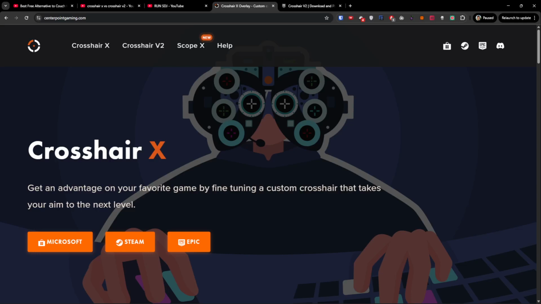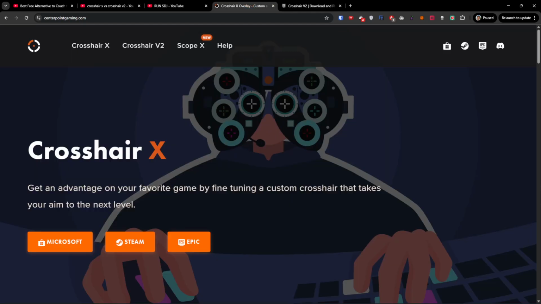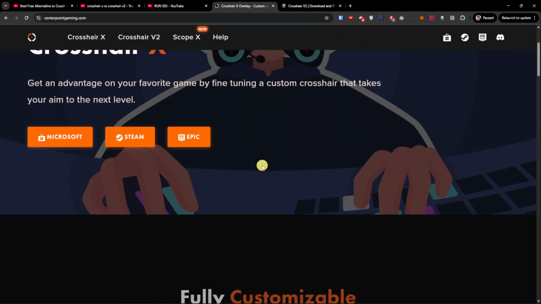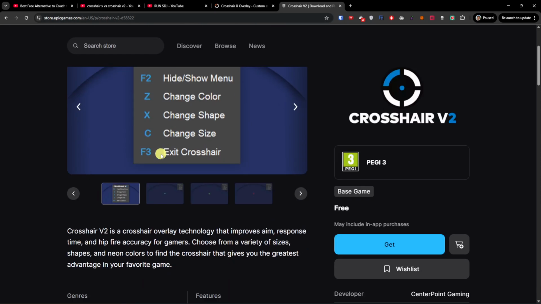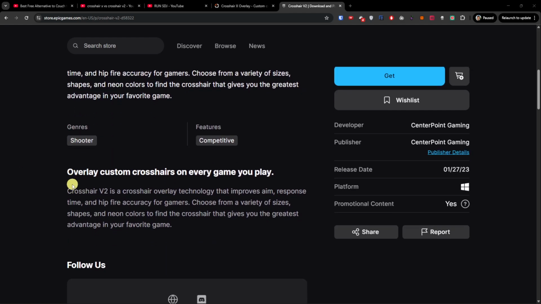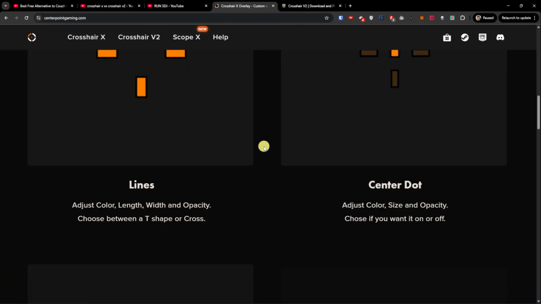Hey guys, in this quick video, I'm going to compare the Crosshair X with the Crosshair V2, the main differences and which one is better for what. Crosshair X is a newer feature-rich paid app with extensive customization. You have a lot of design tools and pro players' profiles, while Crosshair V2 is its free predecessor, offering basic preset crosshairs, often acting as a simple entry point, potentially adding a slight input delay. So primarily these things, you can check out both of these for yourself, which one you